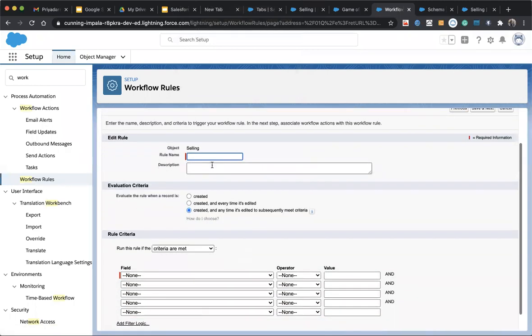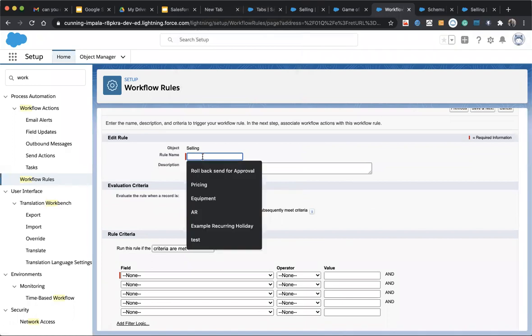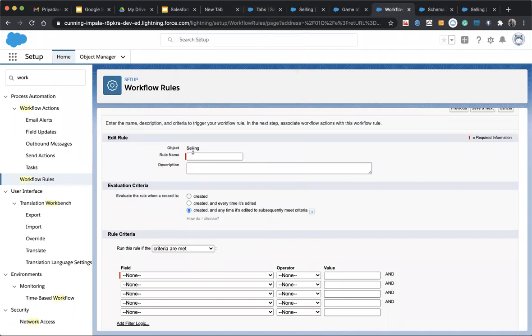Okay, now it's asking for the rule name. The rule name will be calculate total amount. I created a rule, and this will calculate the total amount.